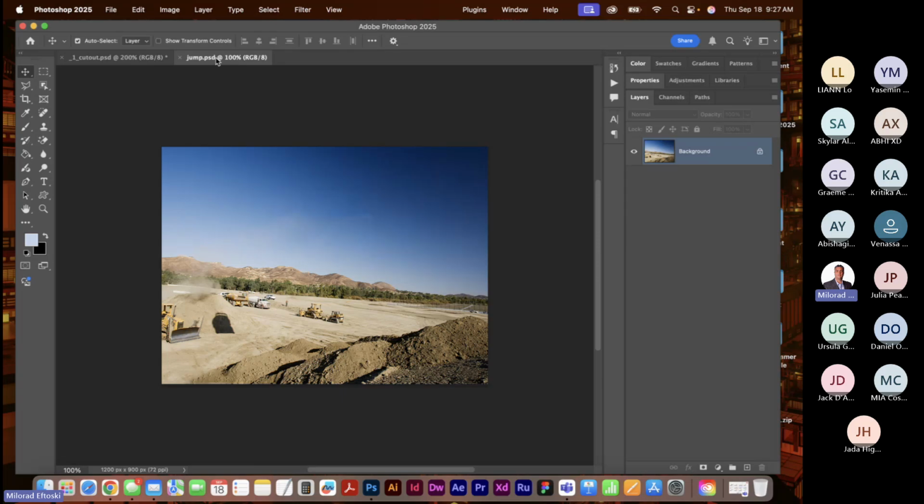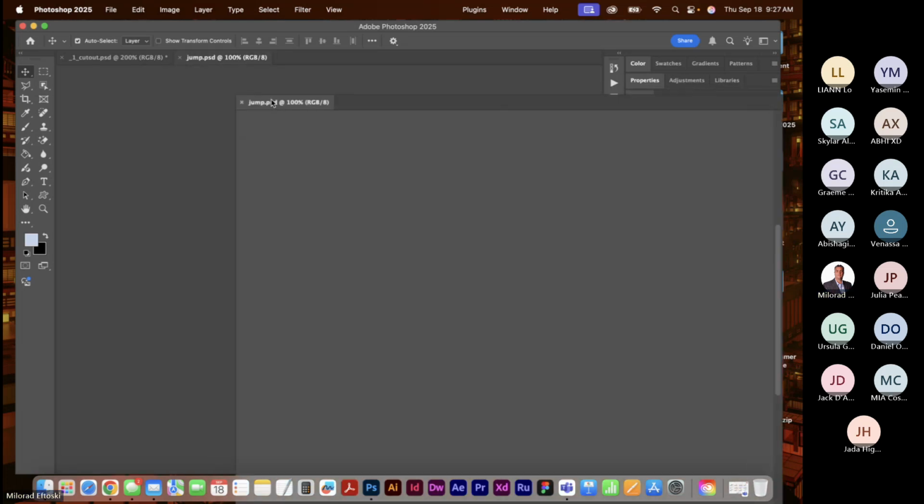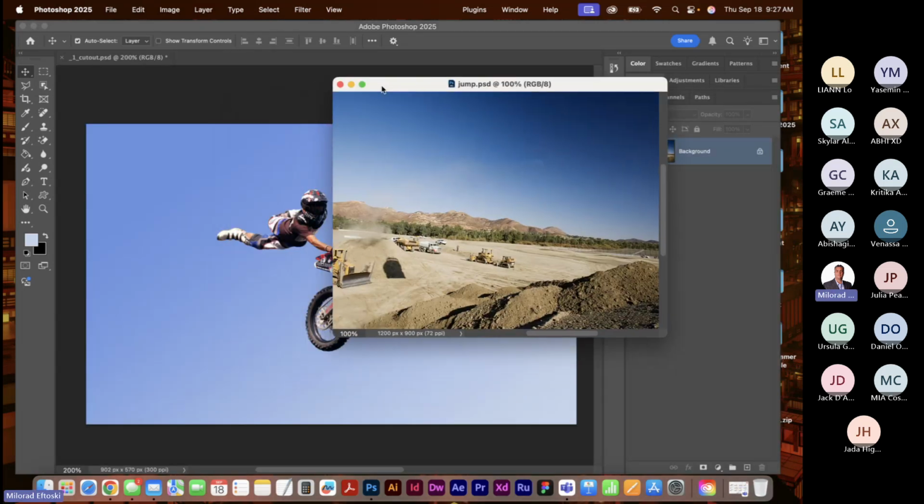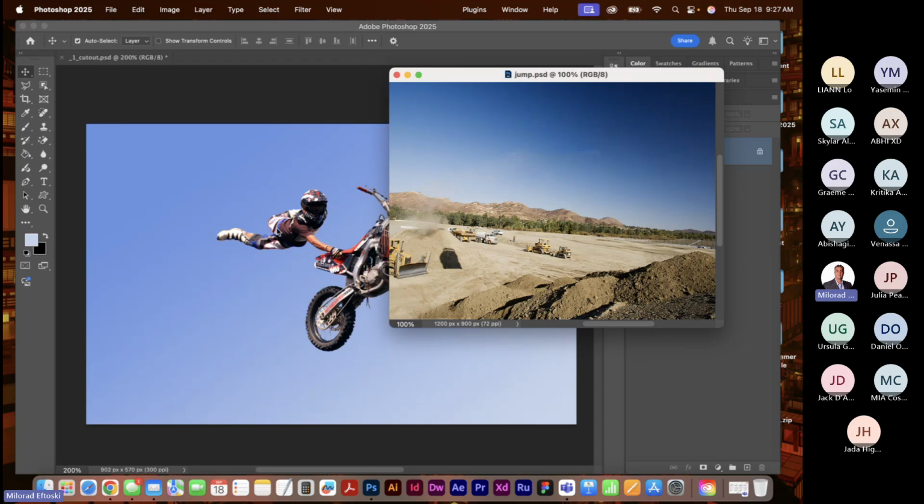In the older days of Photoshop, the documents look like this. I don't want you to do this. I just want you to watch, okay? Because they're all floating windows. So I can easily drag and drop one image to the next. It was kind of nice. But after